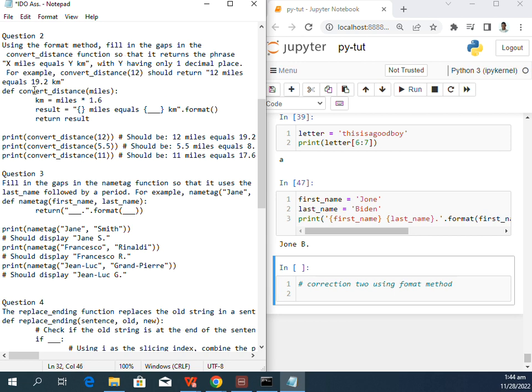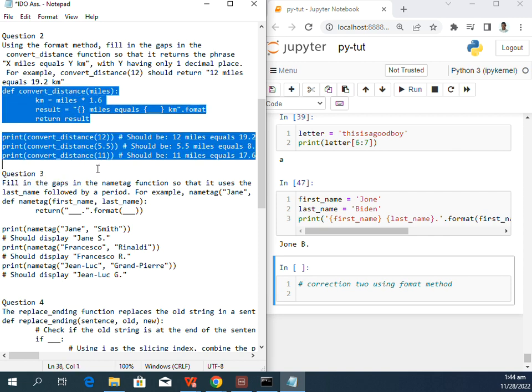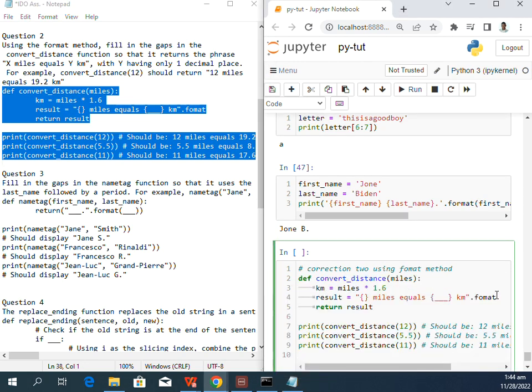Sorry, let me copy the code and bring it to my interpreter. Yeah, so it's here now. So dot format now,